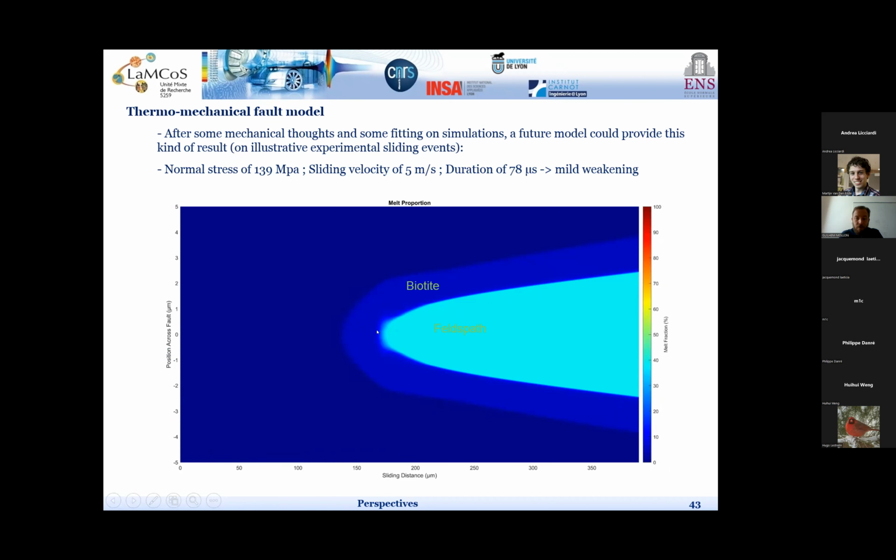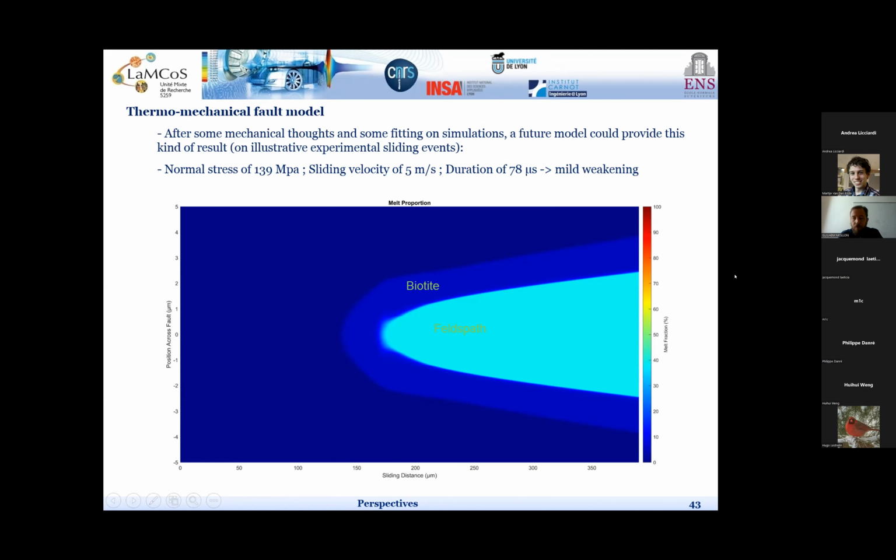Then biotite melted, first in the center and then in a much wider thickness, like for about 4 micrometers. And then when we keep sliding and keep producing heat, then we melt the feldspar, and feldspar keeps melting as we keep sliding. And in the end, here we have a layer of partially molten rock, which is about